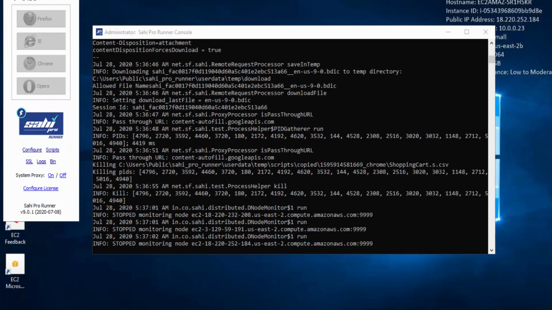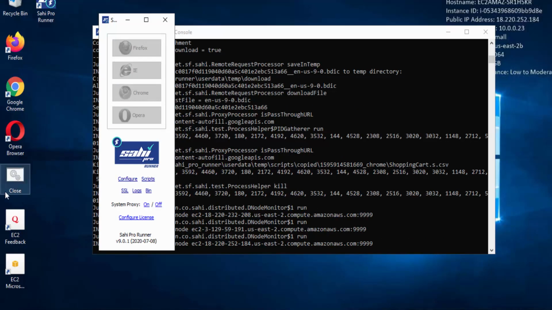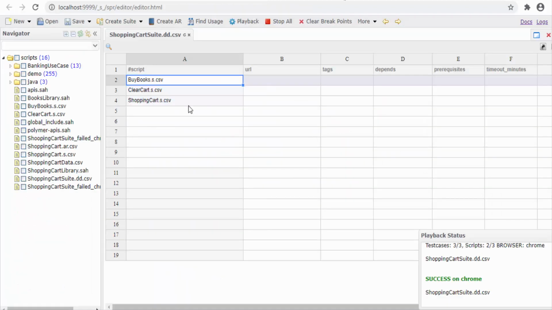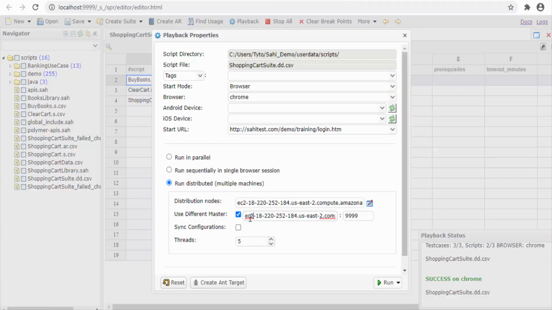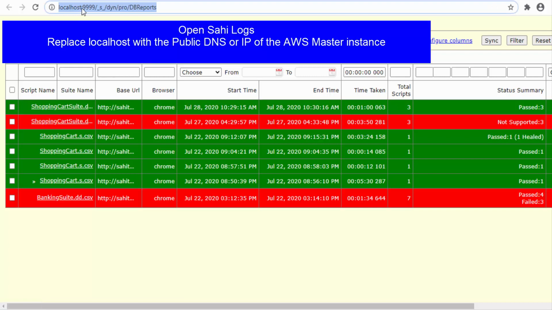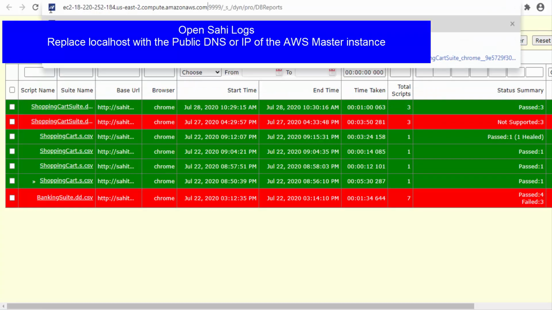To close this instance, we can use close.bat present here on the desktop. Double-click on it to close the remote desktop connection. You could also access the Sahi logs of your master instance on your own machine by using the master URL. You just need to replace localhost with the master IP or URL in your browser and access it.